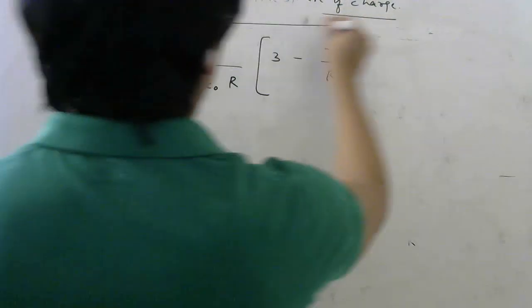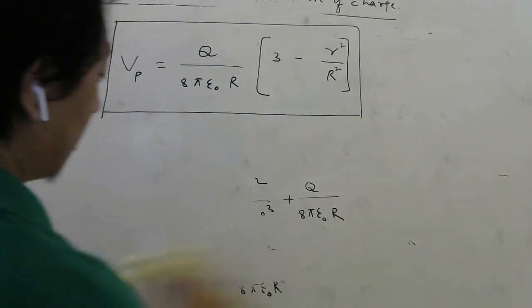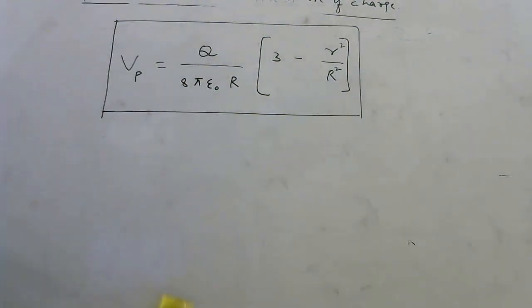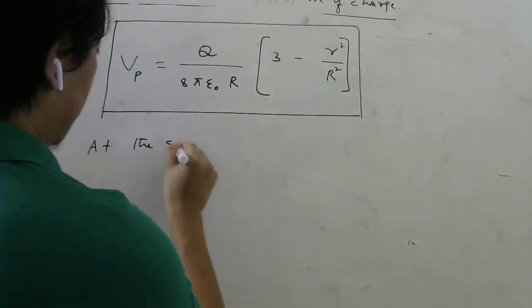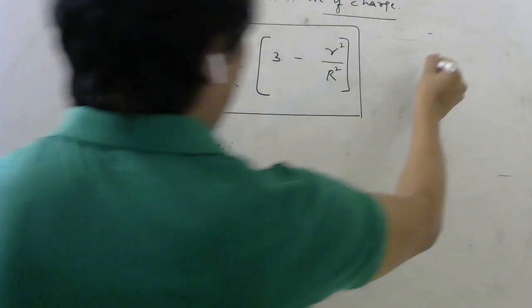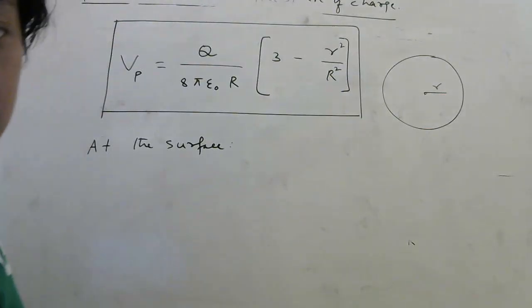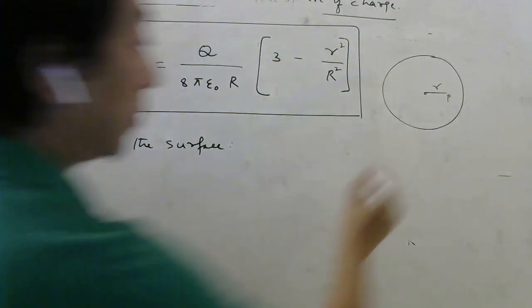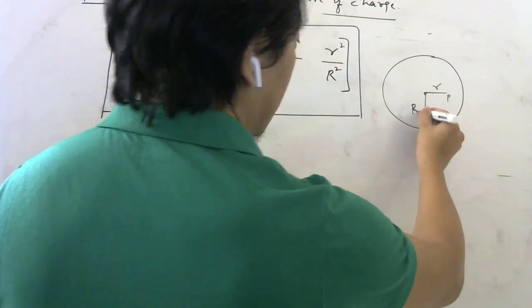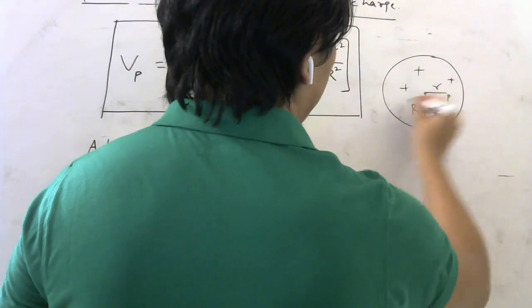So this is the formula for potential at point P inside. So from here, some few things we will do. Look carefully. At the surface, if I ask, at the surface. So again, don't forget what is the meaning of small r and capital R. Small r is a variable which represents distance from center to the point where you want potential. Capital R represents the radius of the sphere. Okay, this time there is charge everywhere inside also, uniformly.